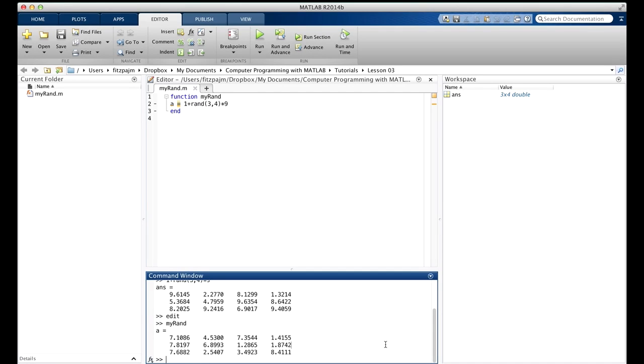What happened when the function ran? It was only one statement, so it's pretty simple. The expression over here on the right was evaluated. It was assigned to the variable a, and since we didn't put a semicolon at the end of the statement,